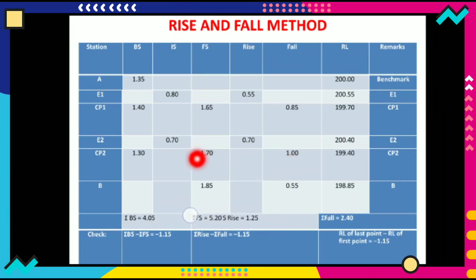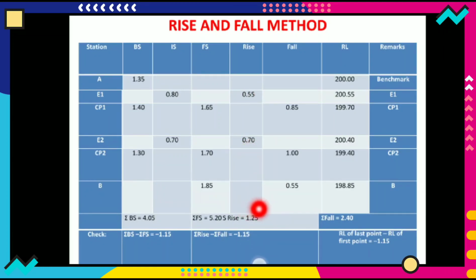After this reading we take this reading, so 1.30 minus 1.85, so the answer is minus 0.55, so that is